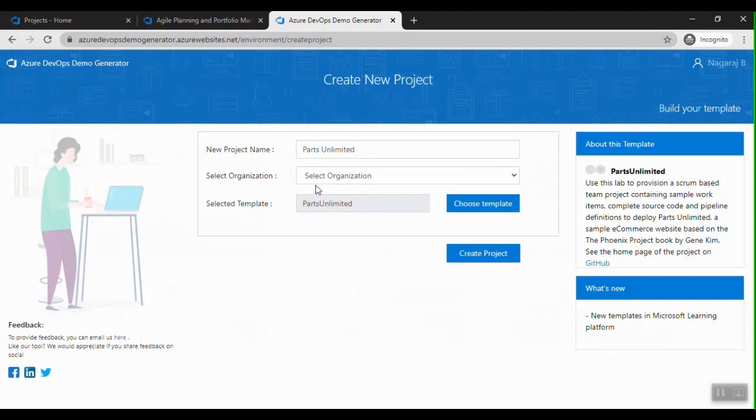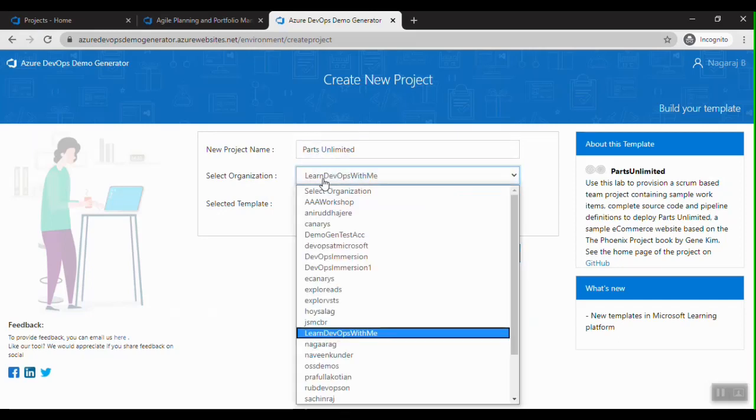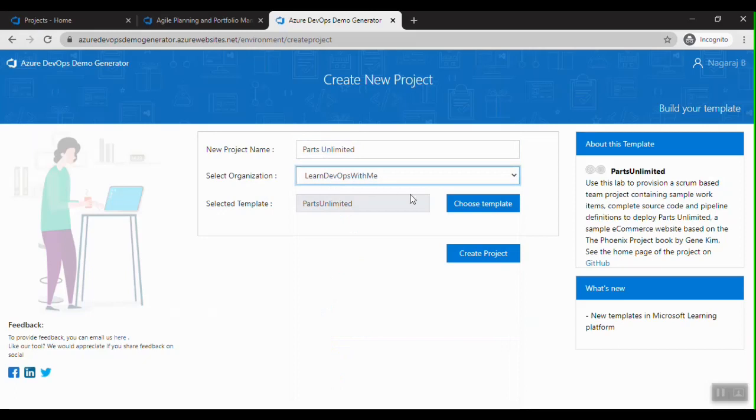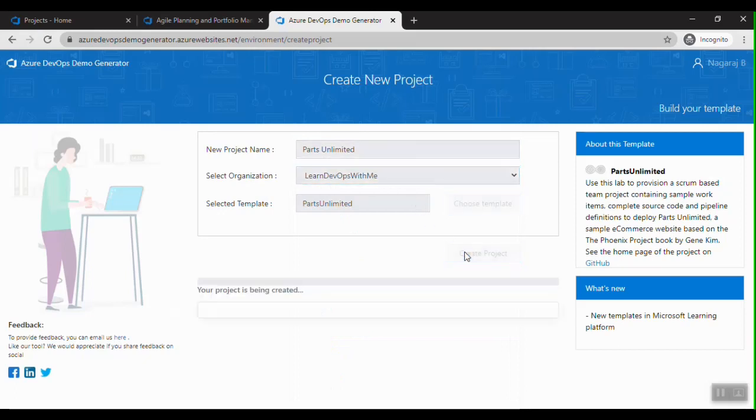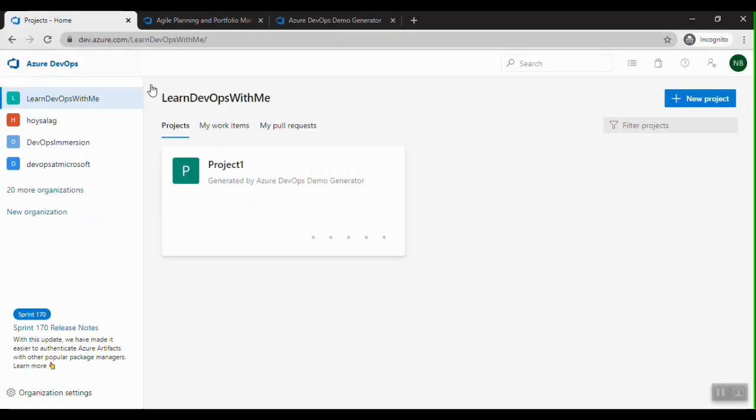It's the demo generator template which comes with predefined work items, repos and other stuff. Let me select the organization here, learn DevOps with me, and let me create the team project. This will create a team project in my DevOps organization.